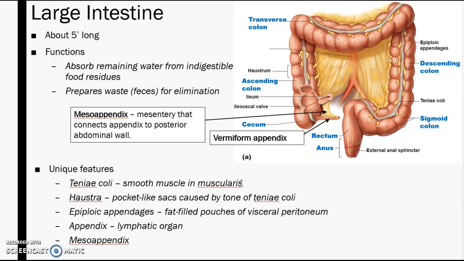Moving on down to the large intestine, it's about 5 feet long, so much shorter than the small intestine. So you might wonder, well, why is it called large? Well, it's not about its length. It's about its diameter. So it's very much larger than the small intestine in terms of diameter. The functions of the large intestine: by now, all foods have been digested and most water has been reabsorbed. So the large intestine will function to absorb any remaining water, and it will prepare waste for elimination, and that